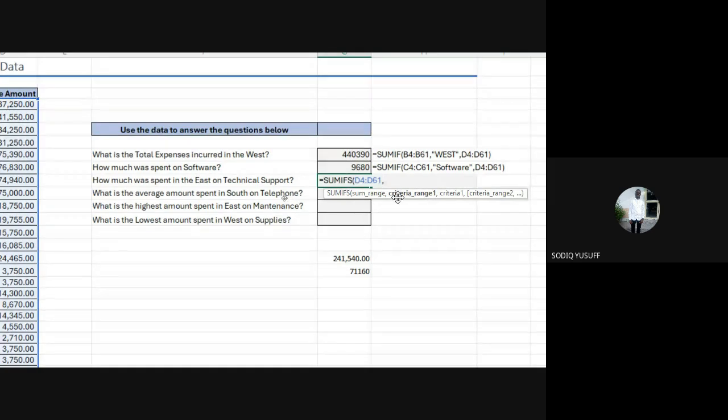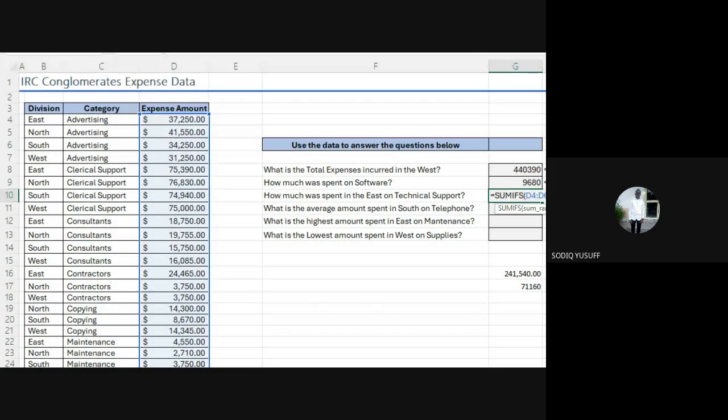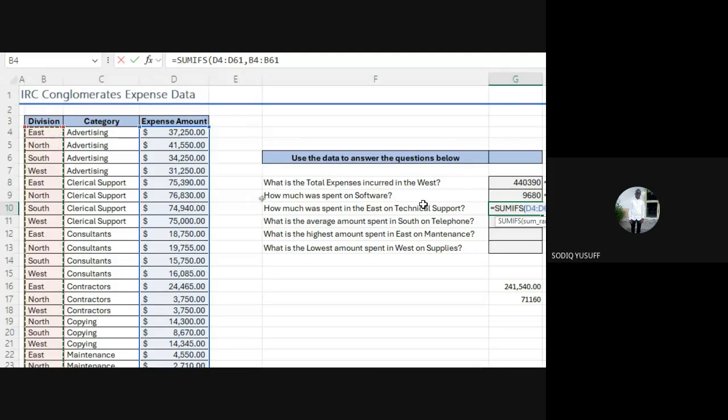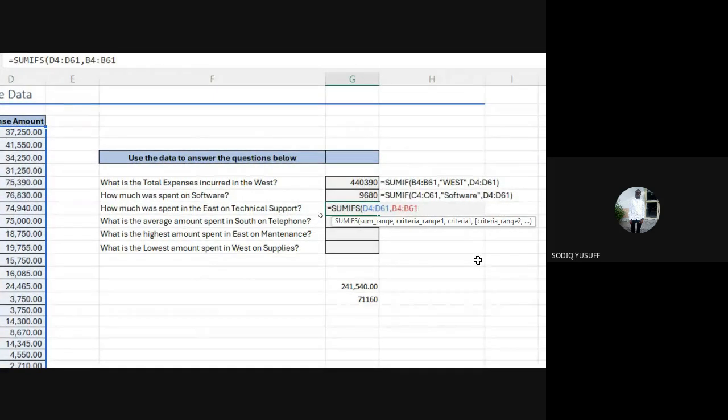I can find it under my division. So my criteria range 1 is my division. Now I go to division and highlight all the divisions. That's my criteria range 1.